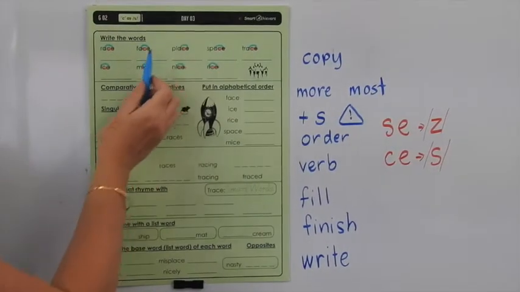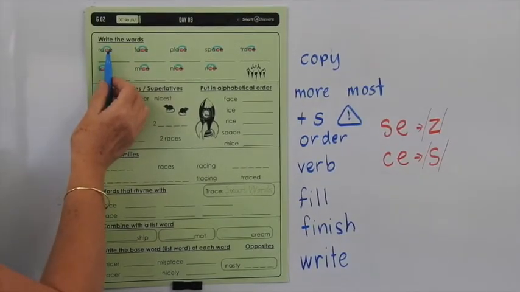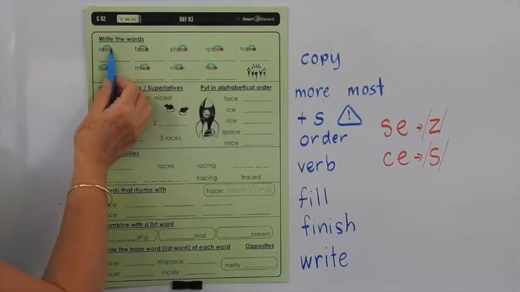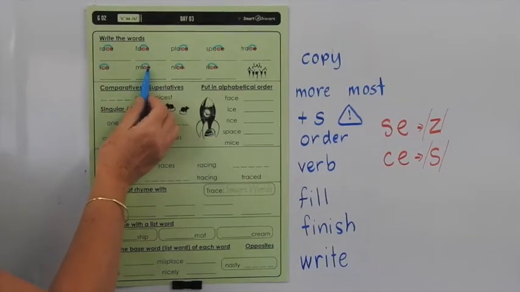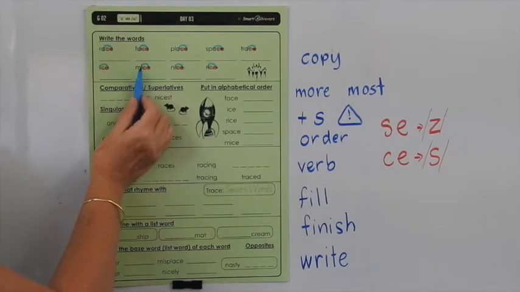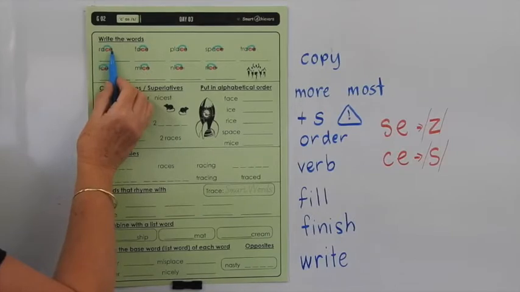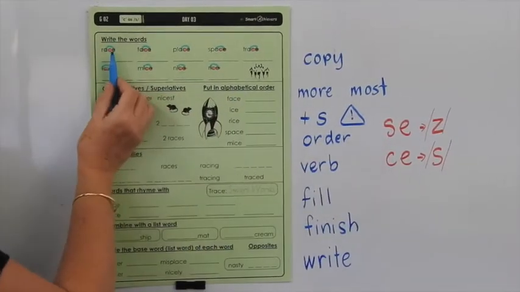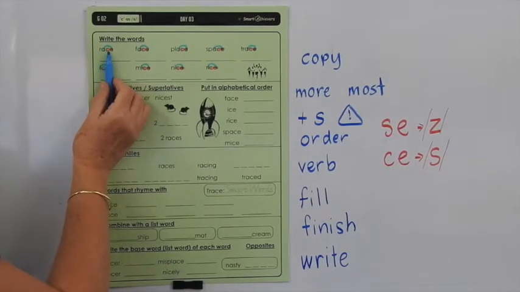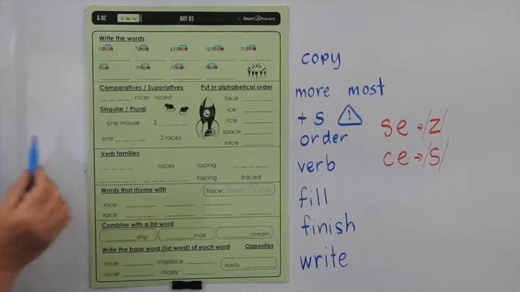G2, day 3, we're revising two things in this list. We're revising that the E at the end of a word may make the previous vowel long, like in race, we've got the A, long A sound, and in mice, we've got the long I sound. And we're also revising that CE at the end of a word makes the sound, because we know when we have a C followed by an E, an I, or a Y, it makes the C make its soft sound